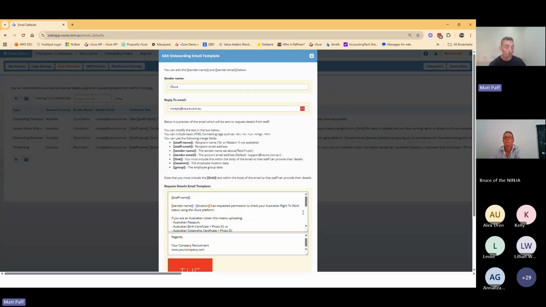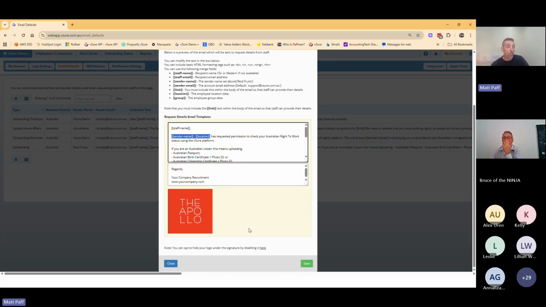Now, some of you who do run multi-venue or multi-store, it's a good idea to put, say, the sender name plus the location in your template. That way it would say Baker's Delight at Katara, as opposed to just Baker's Delight, as a way of identifying where that person is applying for the job or is going to work.